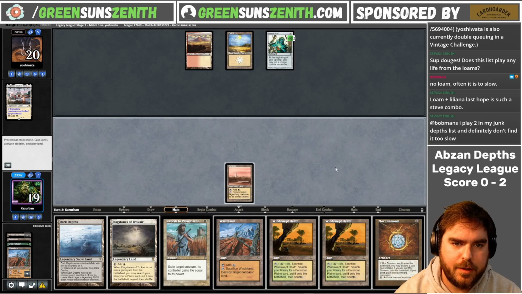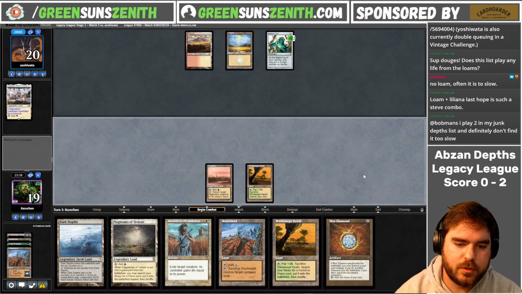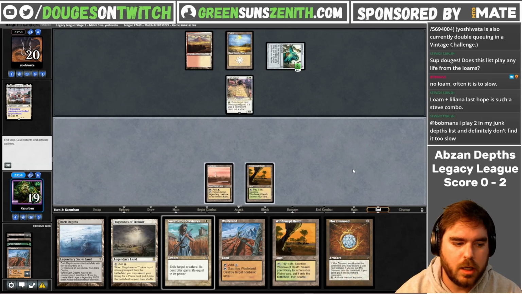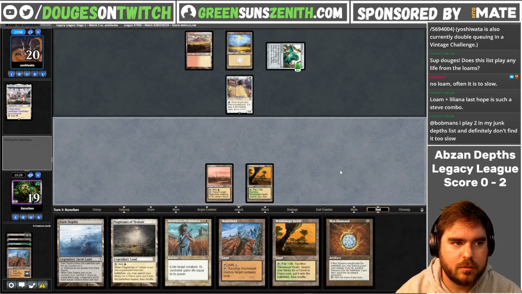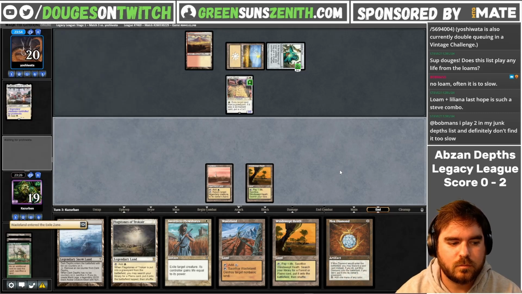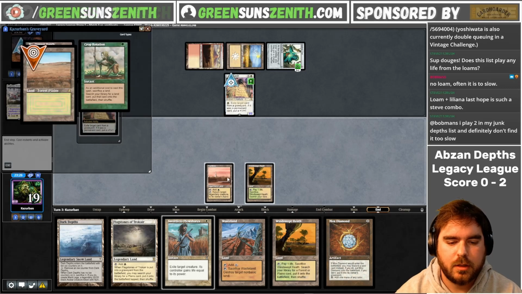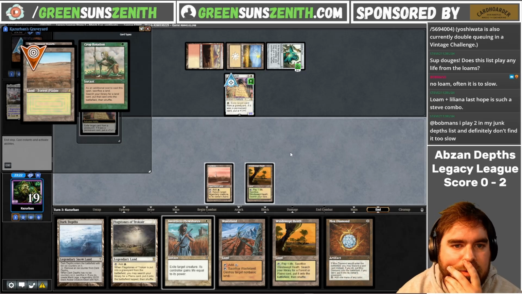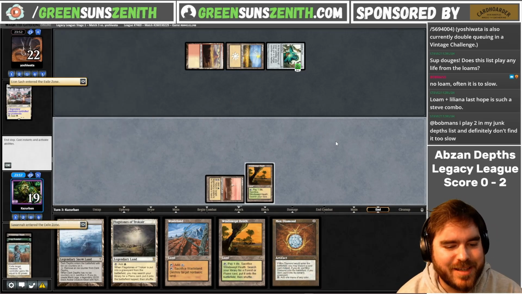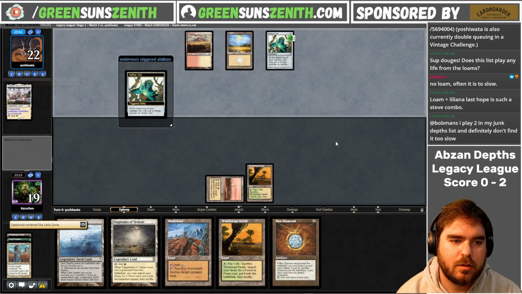Okay. Honestly, just fetch here is fine. I don't want to throw the Mox into a Skyclave just yet. Lion Sash. Annoying, but not over, like... Yeah, you can have that. It is tricky, though. Yeah, maybe, honestly, I just do deal with it now. It's one of those annoying cards that you care about to some extent, but...